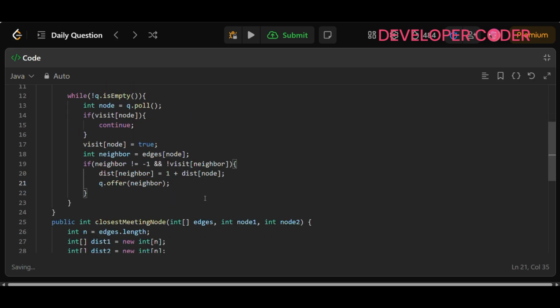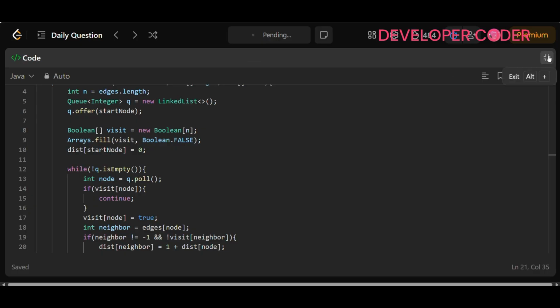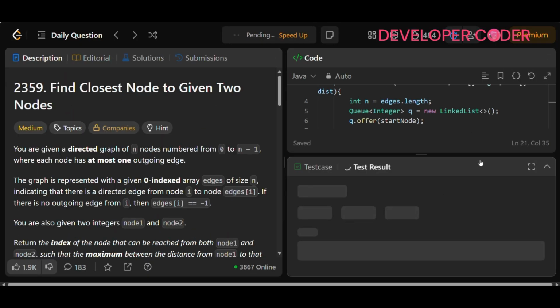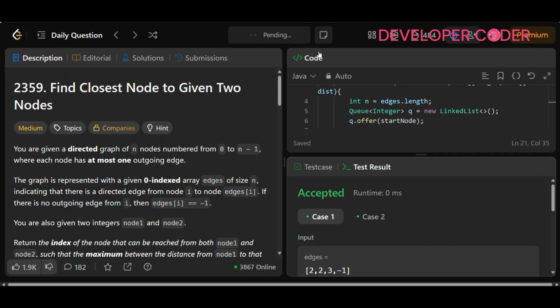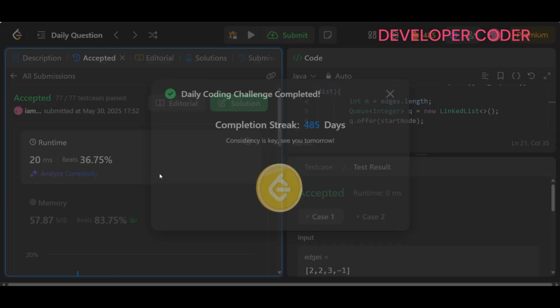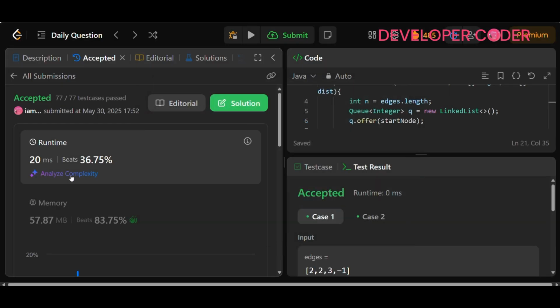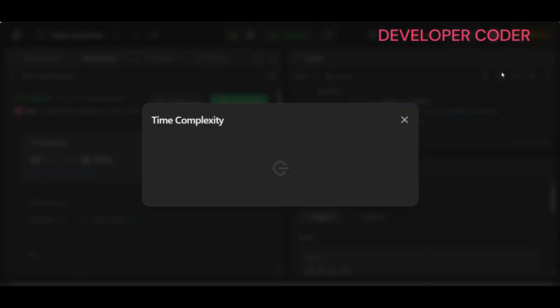Okay, this is void. All right, so now let's run the code and see. We'll try to fix that. So see, all the test cases have been accepted. Now let's submit it. All right, so our solution is accepted, right? And the time complexity is just going to be O of n. Okay, simple BFS,